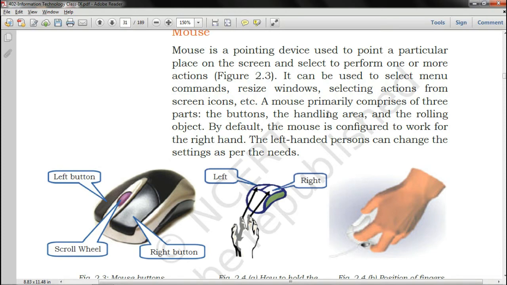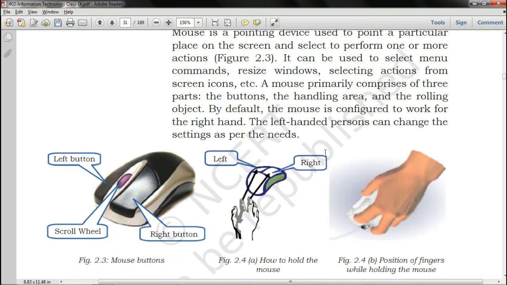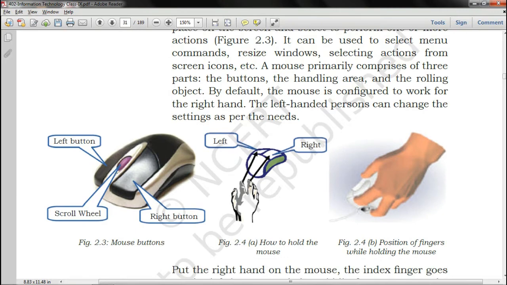You can select with the help of the mouse. Let me first tell you the differentiation of a mouse. A mouse contains two buttons and a wheel. Left button, right button, or we say left click or right click. But the name of the button is not left click or right click. This is the command which we give: just do the left click, the right click, or the double click.